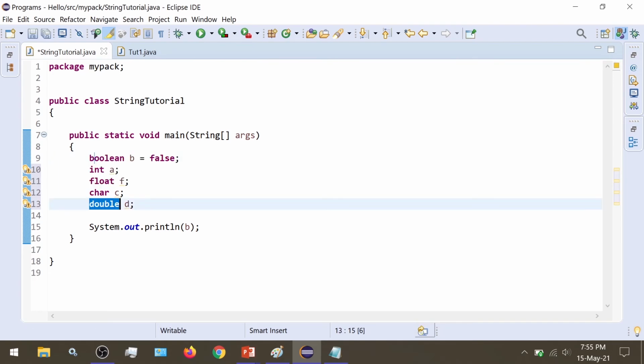None of the data type names is in uppercase. So always remember to give them in lowercase. And the variable names, these names a, b, f, c, d, follow Java's naming convention. We will take a deeper look at the convention in later videos. For now, we will be using lowercase variable names only until we see the naming conventions.